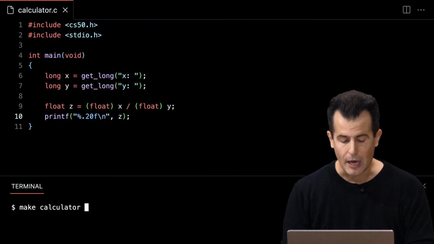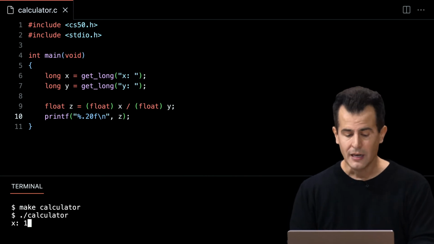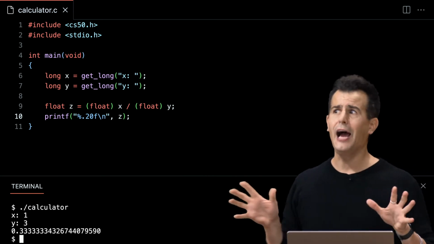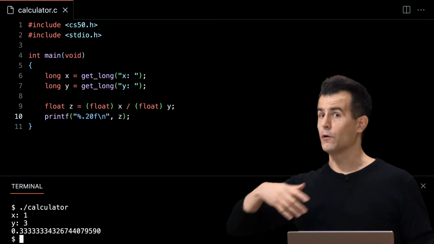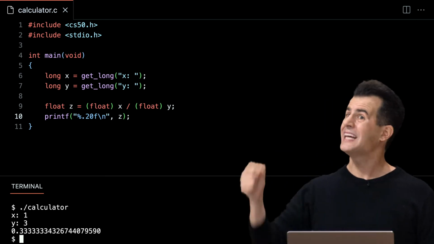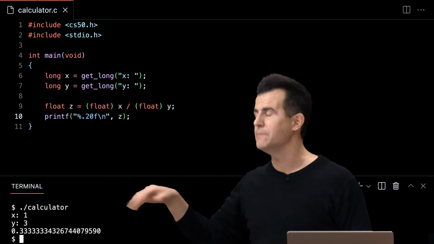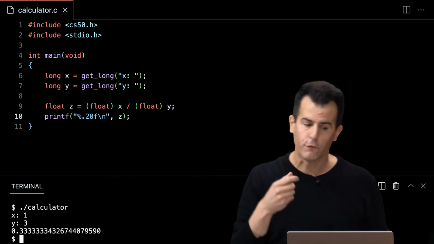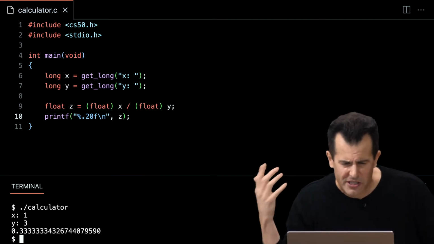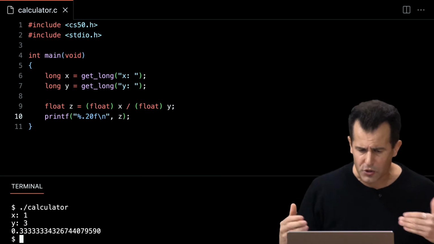Let me rerun make calculator. Let me do ./calculator again, and let's do 1, let's do 3. And now this is even weirder, right? From grade school, you presumably learned that 1 divided by 3 is, of course, 1/3, but that should be 0.33333 infinitely many times, or on paper with a little line over it. But the computer is just doing some weird approximation here. It's a whole bunch of 3s and then